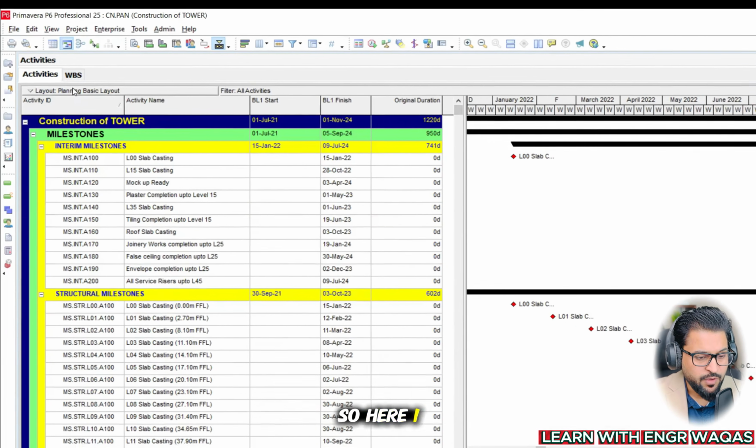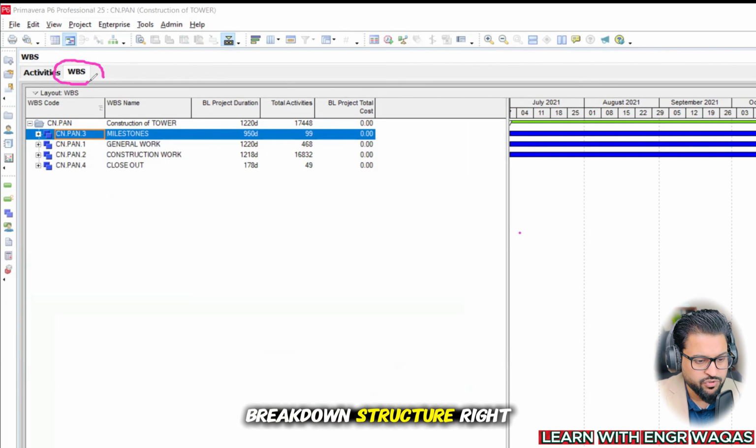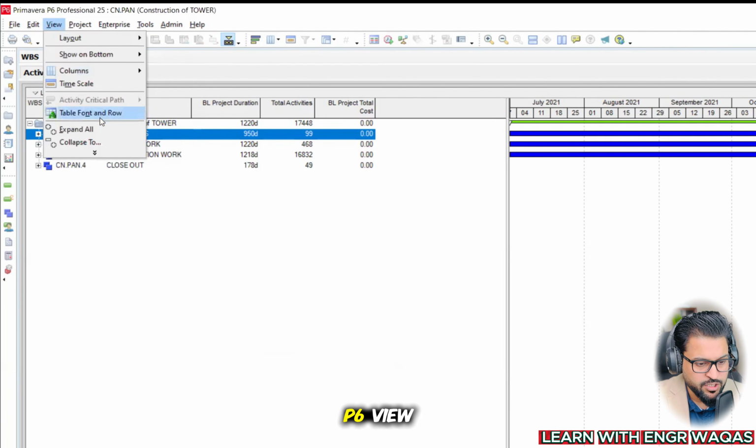So here I will shift into the WBS window. First of all, when the project is at the initial level, this is our higher level WBS. WBS means work breakdown structure, right? Within Primavera P6, these are your milestones, your general works, your construction works, and your closeout, right? Now step by step, I will take you along to the further levels, so I will use a very special command of Primavera P6 view, collapse to,